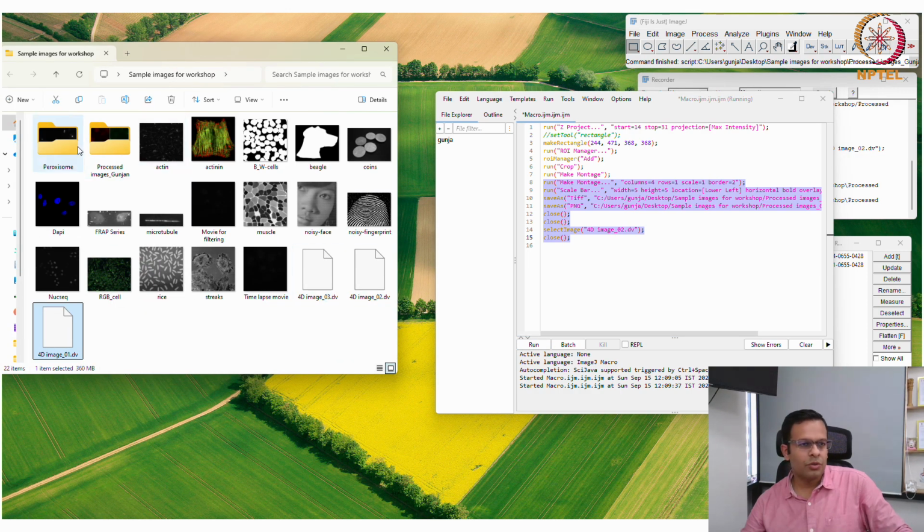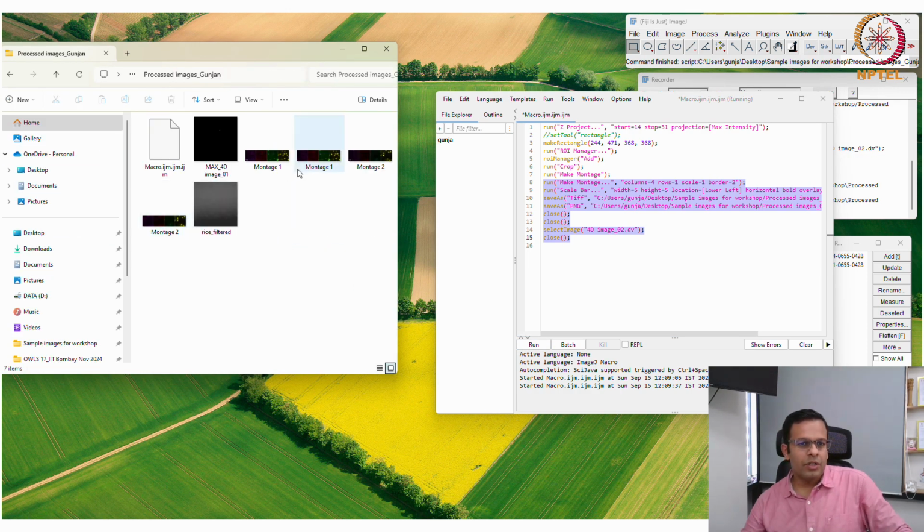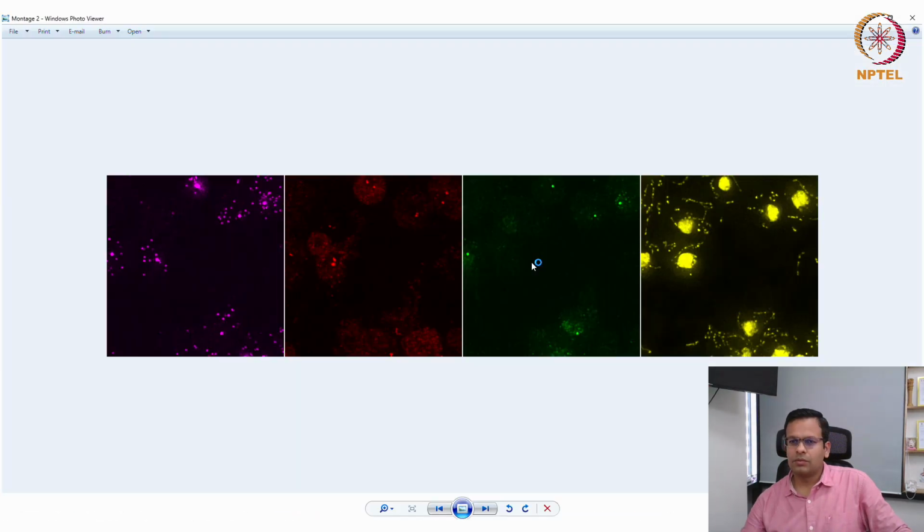So let me show you here. In this folder, you can see montage2. Okay, so this is your montage2 with 4 colors. But you cannot see the scale bar. Let me see why the scale bar is not here.